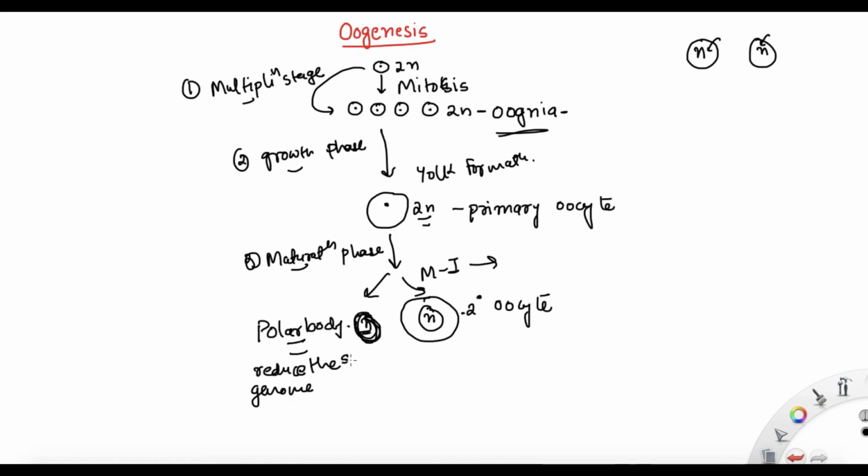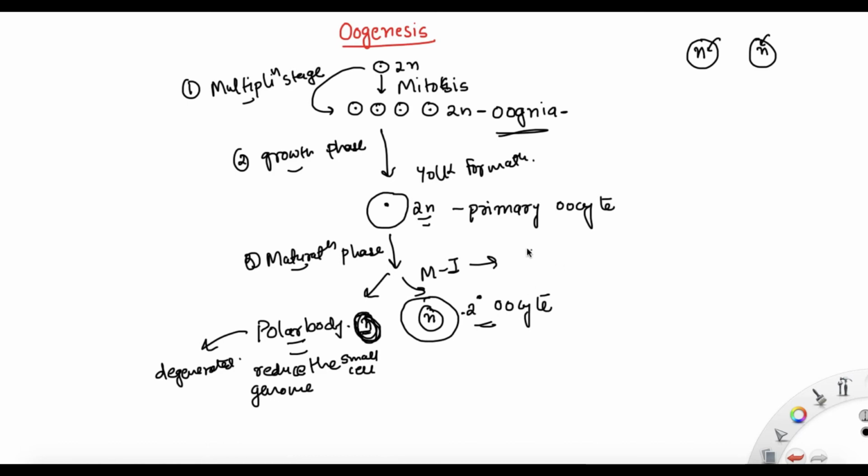The polar body is a small cell. It has half of the chromosomes, but almost no cytoplasm, or minimum cytoplasm. Later on this polar body will degenerate. Very rarely it undergoes a division and makes another polar body, but generally it will degenerate. Now this is our secondary oocyte. We are interested in this. It is haploid now and has most of the cytoplasm. But because it was meiosis 1, even though it is haploid, it has double the copy of chromosomes, right? I hope this is clear.